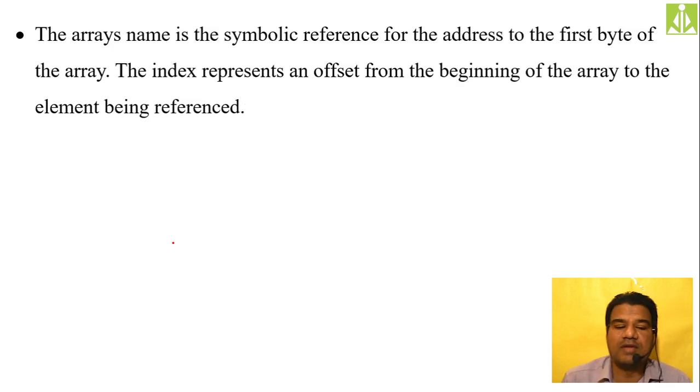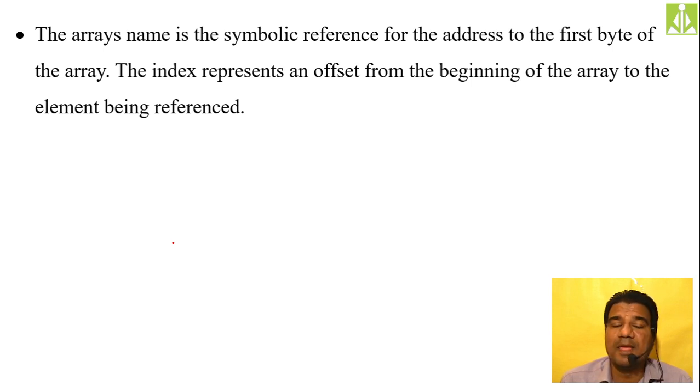Then we have the array name, which is a symbolic reference, and it always takes the address of the first element. Your array is a collection, but even though it is a collection, we have to start our consideration from one point. That one point is nothing but the first element of the array.